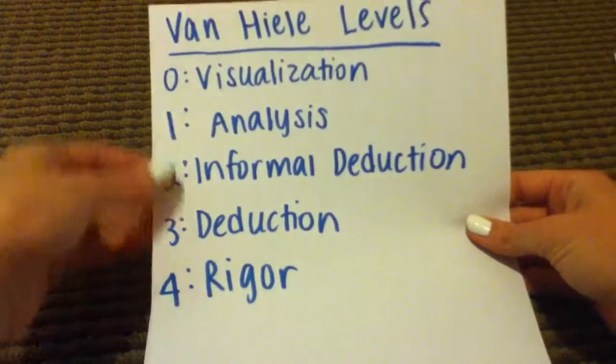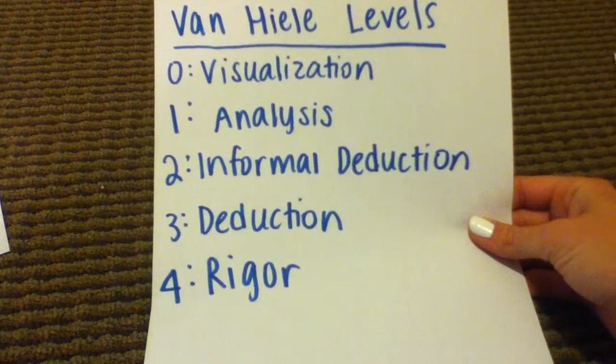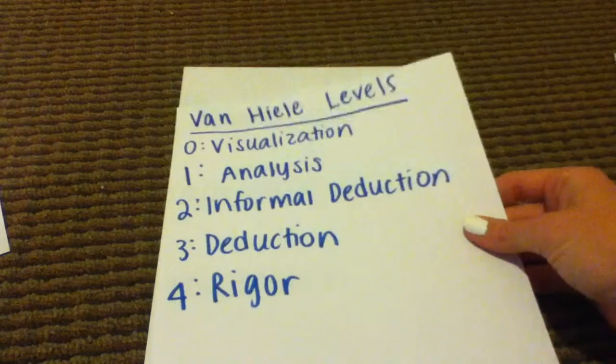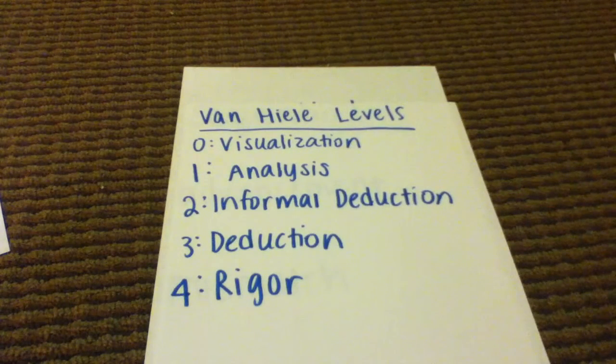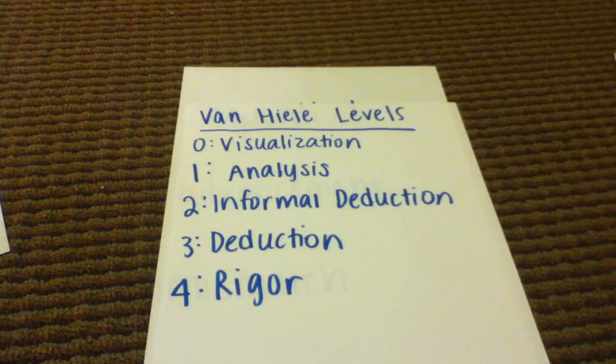So the Van Hiele model, the first level is 0, and that's visualization. In this level, students are able to say what things look like. "Looks like" is a very common term used for students explaining something if they're on level 0. So something a student could say if they're level 0 would be, a circle looks like a pizza, because they're associating the visual with what they know.